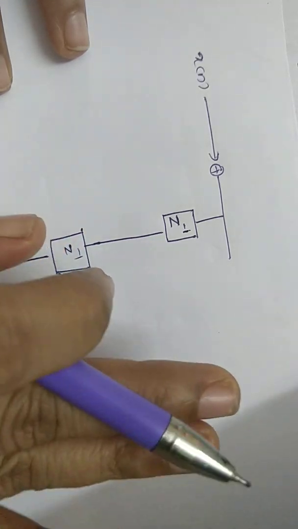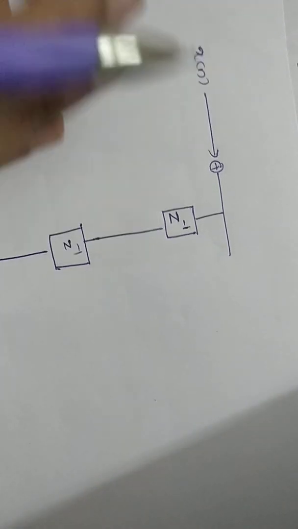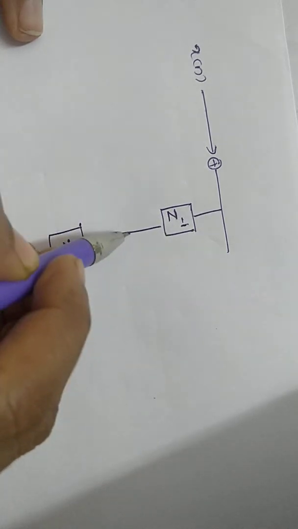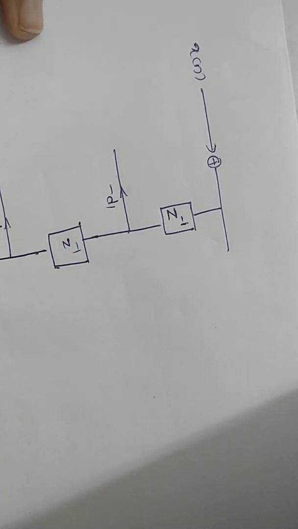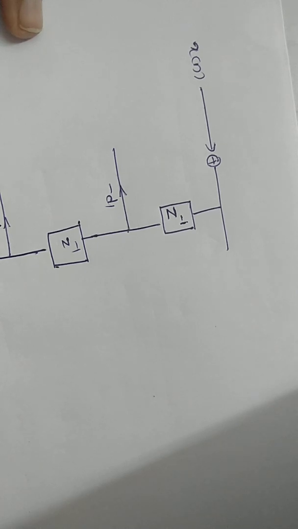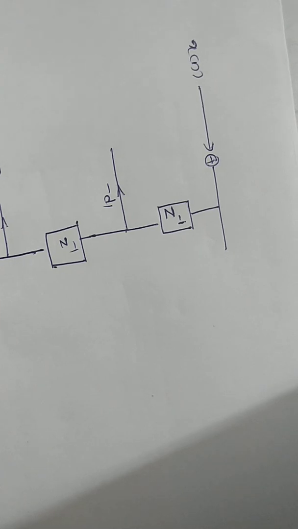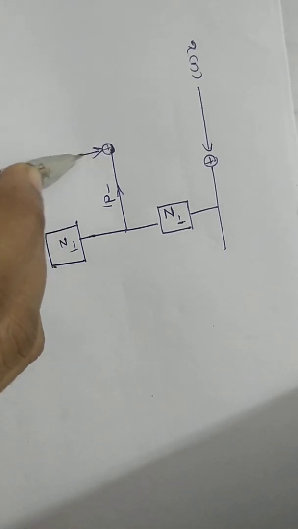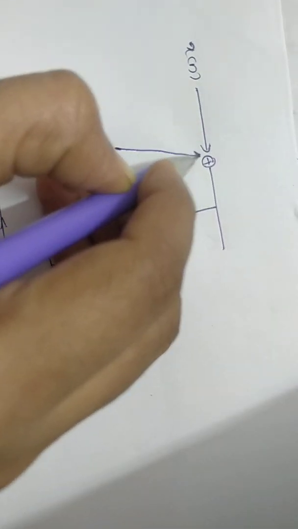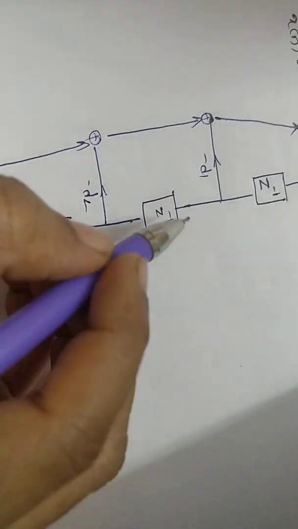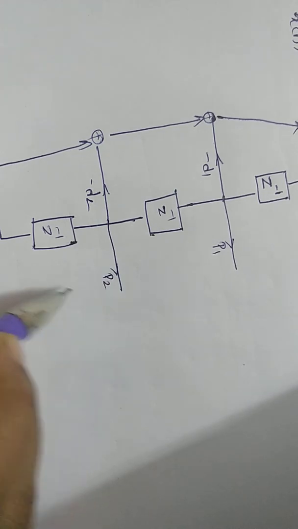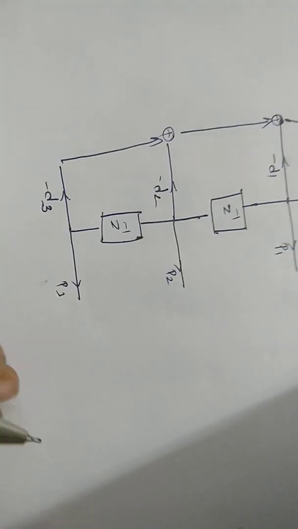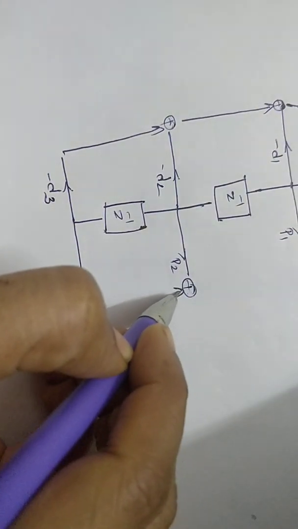The right side d1, d2 coefficients I am taking to the left side, that is, minus d1, minus d2, minus d3, which is added, plus p1, p2, p3 which is added.